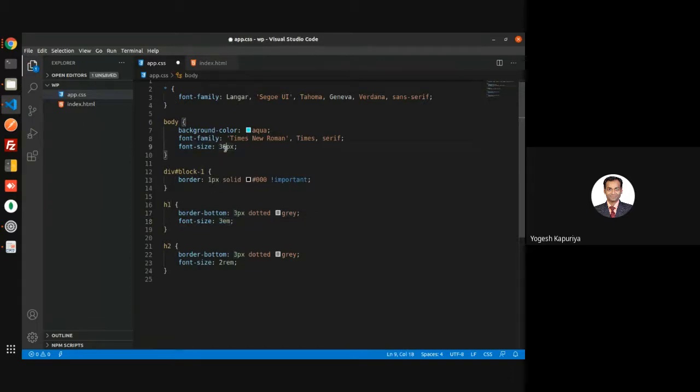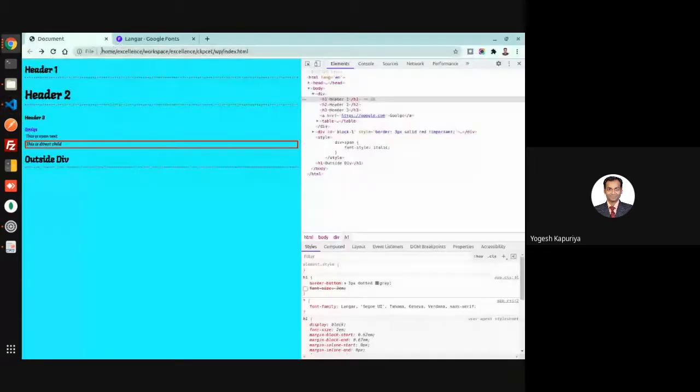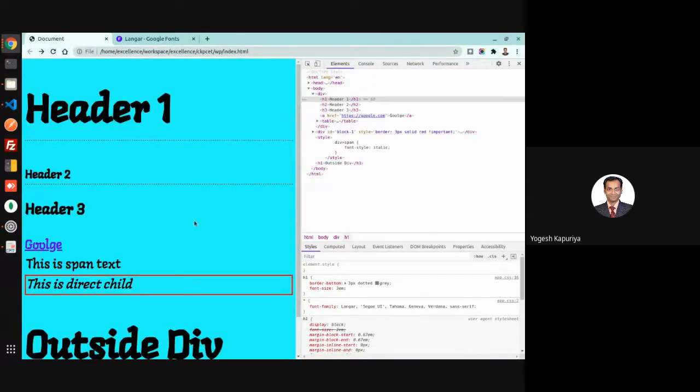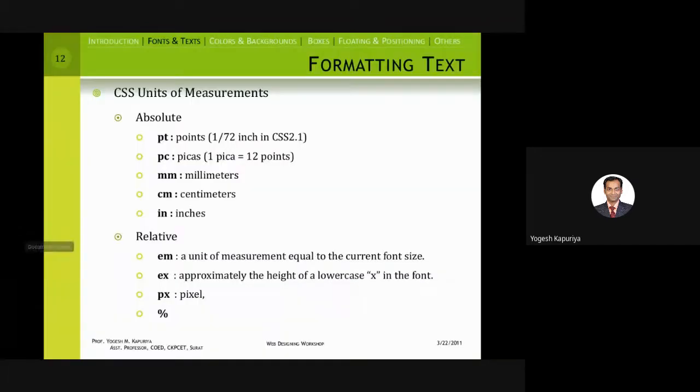So let me change this and let us see what impact is created. See. EM is basically, one EM means the default size. When you write a multiple of that default size, accordingly the unit will change.